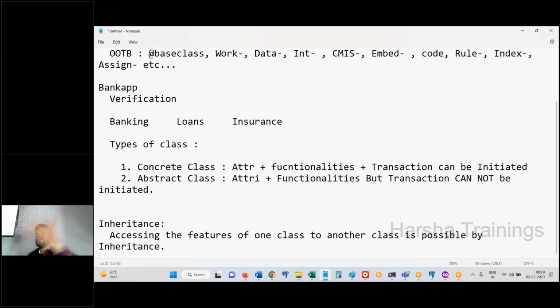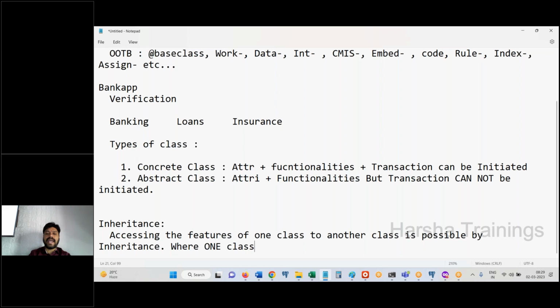If I don't have the inheritance concept, it is pretty much clear that we cannot access the features of one class in another class. That is not possible. Just keep in mind, I'll tell you the reasons why we have this. Inheritance means accessing the features of one class in another class. That's what the inheritance concept means, where